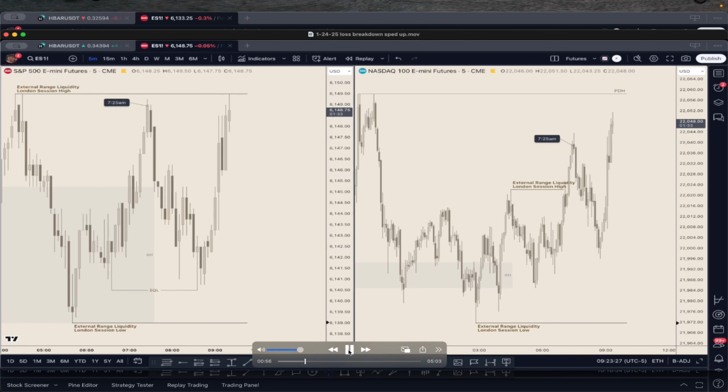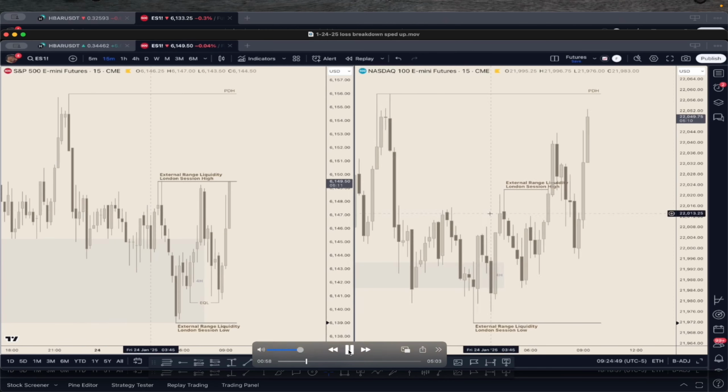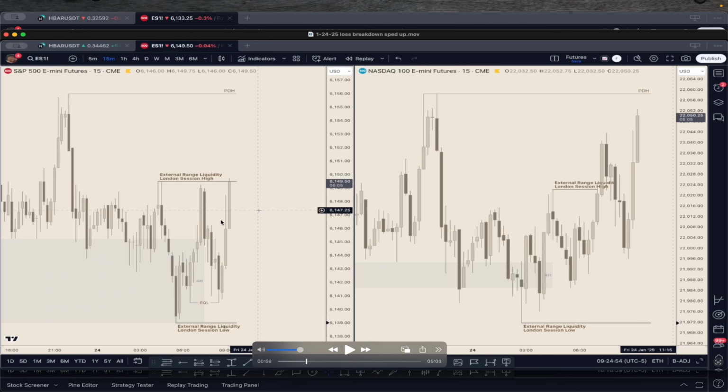And you can see that as we get closer to news, right? So now look at how S&P on the left takes out London high, whereas NASDAQ is heading towards previous day's high. So you see, previous day's high is symmetrical on both of these markets. It's the same time. Look at how much closer we are to previous day's high than we are over here on S&P. We're much further away. So if I hit play,